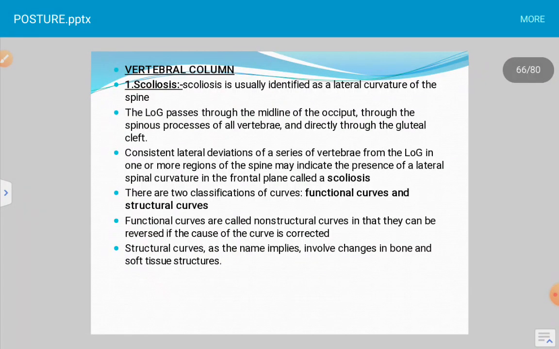Then the next is the vertebral column. Okay, in the vertebral column, in the last session, in the lateral view, we discussed kyphosis and lordotic posture in the cervical region and lumbar region. In the case of the anterior and posterior alignment of the vertebral column, there is a first deviation that is called